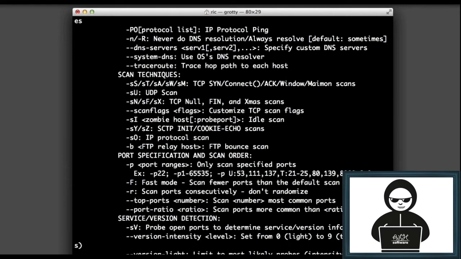But right here we have scan techniques, and there's a number of scans that we can use with Nmap, and subsequent lessons will get into more detail about what each scan does. But just for basics, we have a TCP SYN scan, there's also a connect scan, an ACK scan, there are null scans, FIN scans, and Xmas scans, and the last three take advantage of different flag settings in a TCP